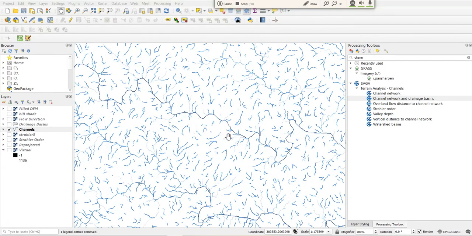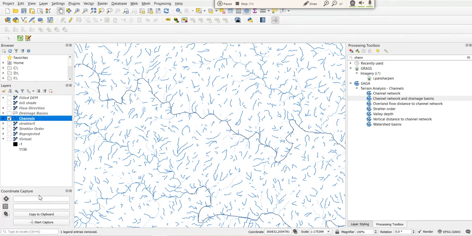Now let's say I want to construct a bridge here at this point. You can just import your alignment KML file into this and see where your streams are crossing your alignment, and calculate the catchment area for that. So I'm taking one plugin you have to download, coordinate capture. I put coordinate capture and start capturing. Let's say I need to put a bridge here, so press.